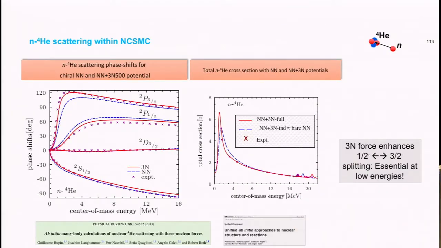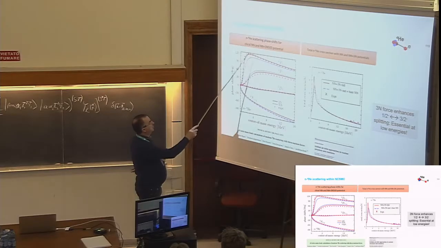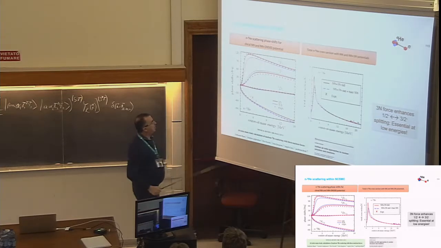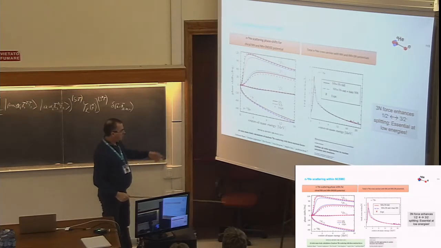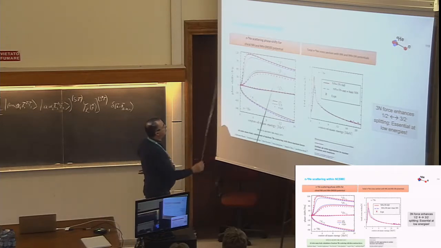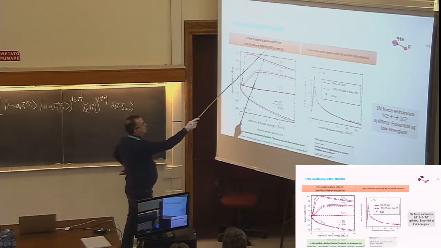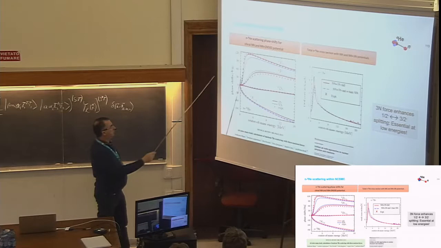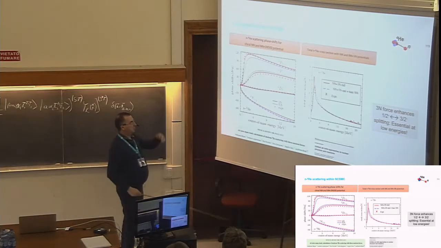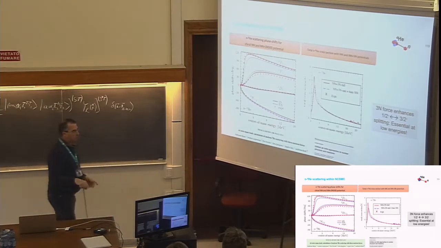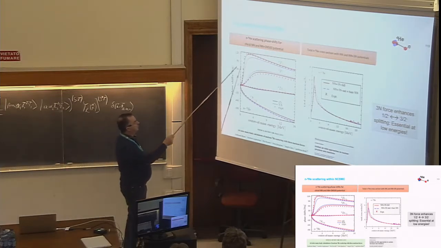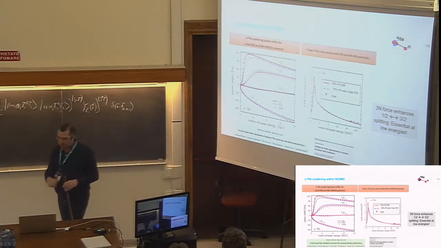And so what you see is the red line has, as I said, the 2-body plus 3-body chiral interaction. I do the SRG on it, so again I'm including the SRG induced from this. And the blue line is when I switch off this chiral 3-body interaction. So the blue line is basically the same as what I had on the previous slide, when we did this benchmark with Lazauskas. Yeah, and so what you see now is that the